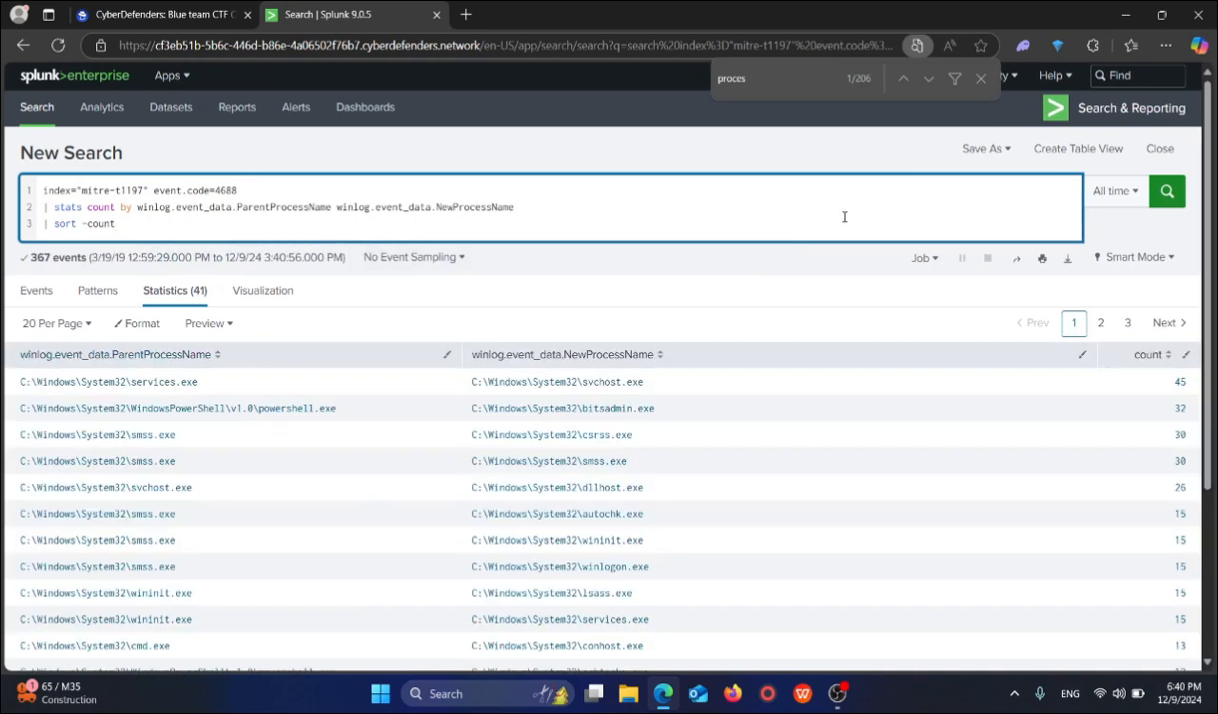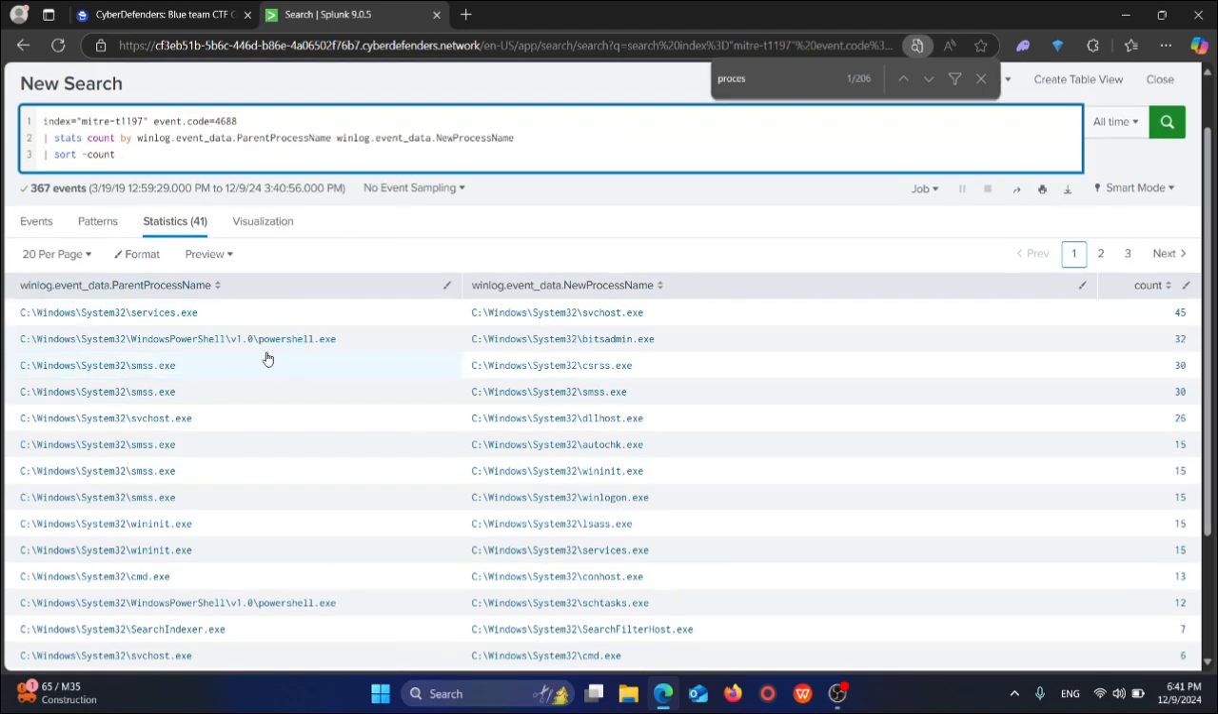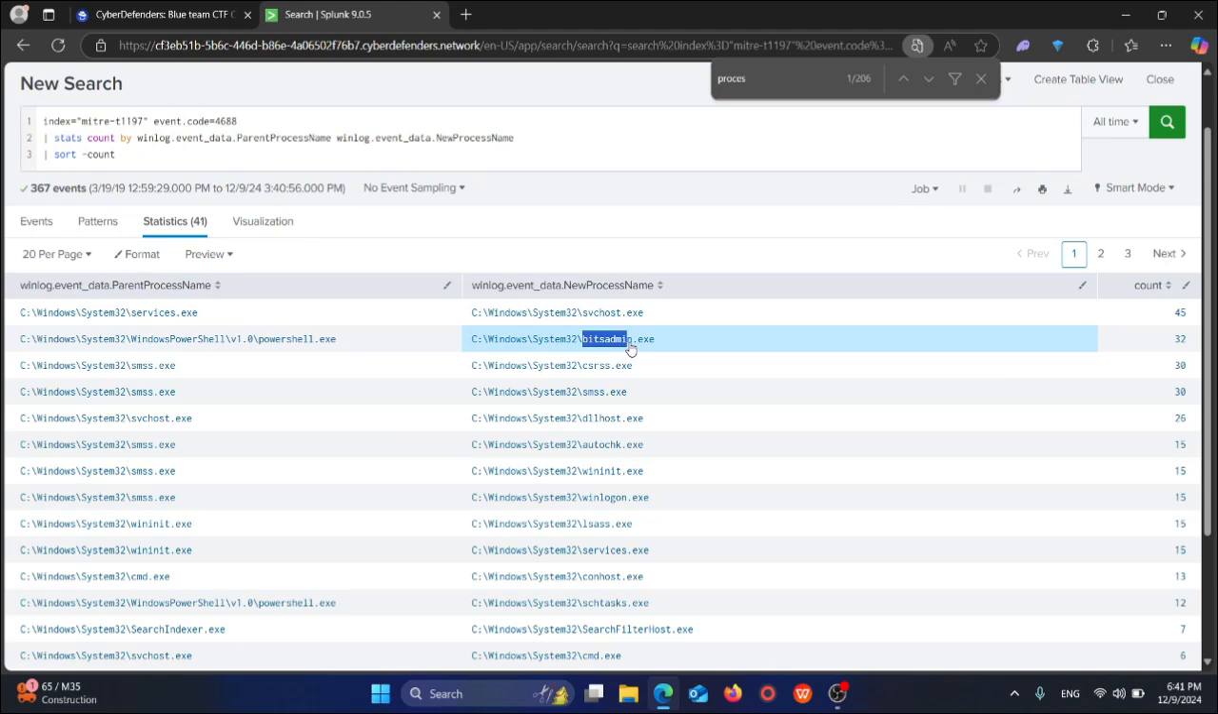Okay, so as you can see here, we have the parent process, and here we have the new process. You can see we have PowerShell. For those who don't know, PowerShell is often abused by attackers, so it's very indicative of a malicious actor. And we have the process called bitsadmin, where we have services, looks normal. But if you look at this